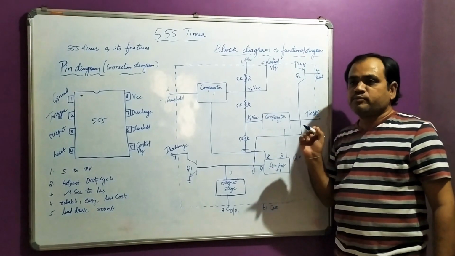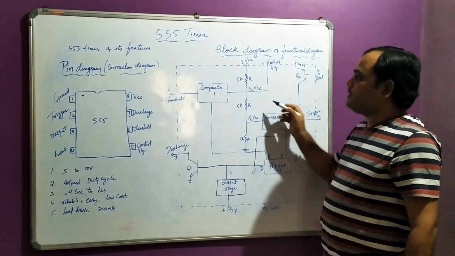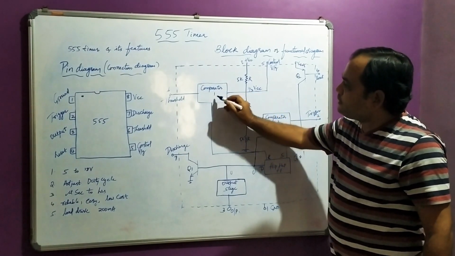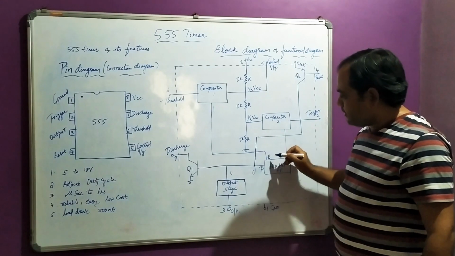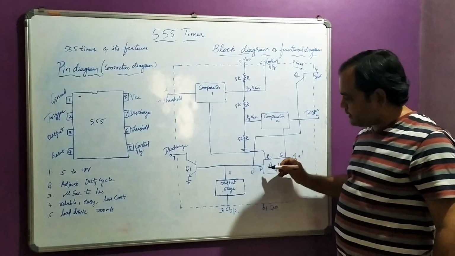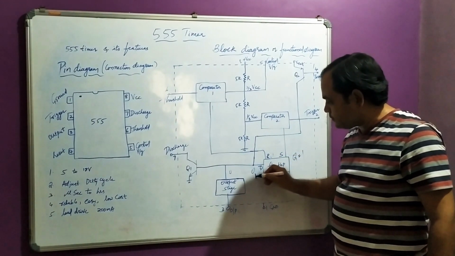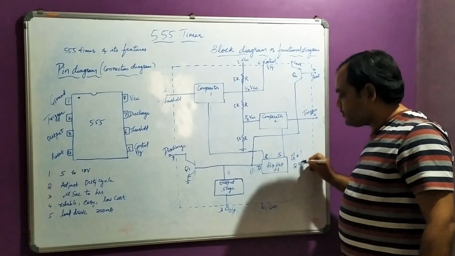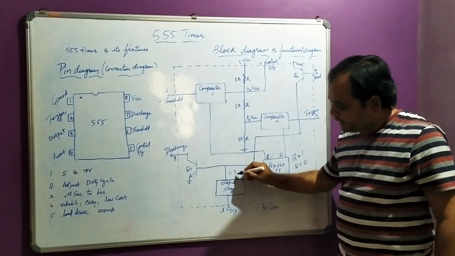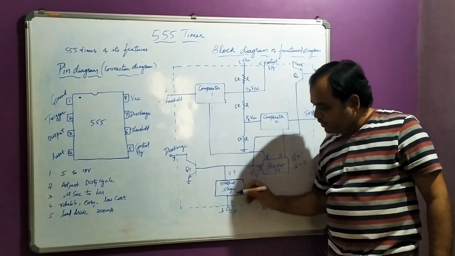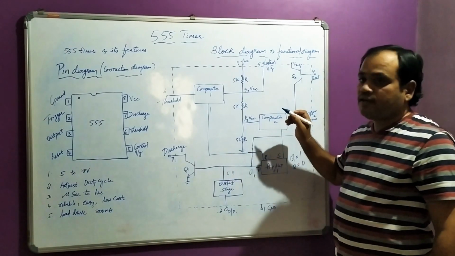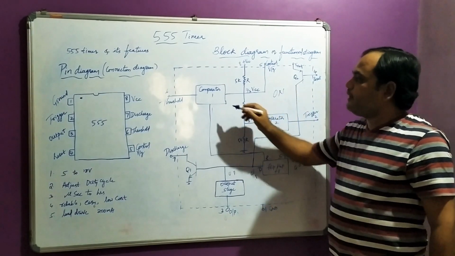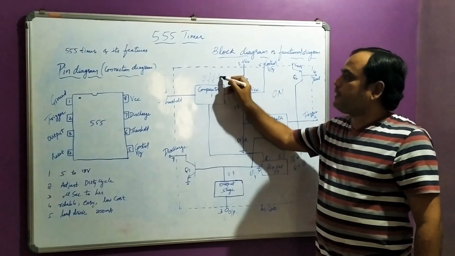Now if the triggering voltage suddenly becomes 2/3 VCC, since this potential divider point is connected to comparator 1, it goes high. Now you can see reset is high, which means Q is 0, sorry, Q is 0 and Q bar is 1. Now Q bar is 1, and the output stage inverter makes the output 0. So when comparator 2 was working, I had the on time. When comparator 1 was working, I had the off time.